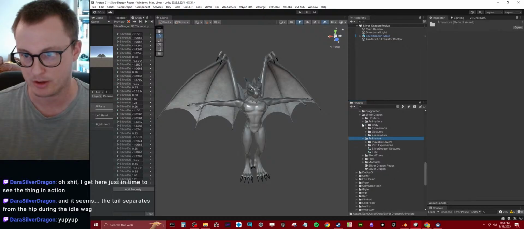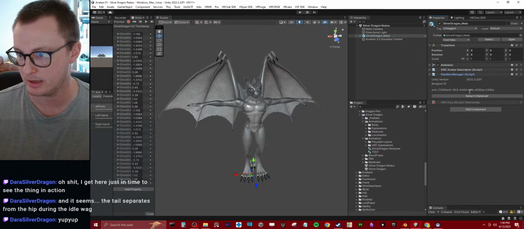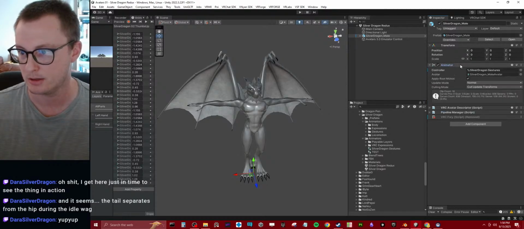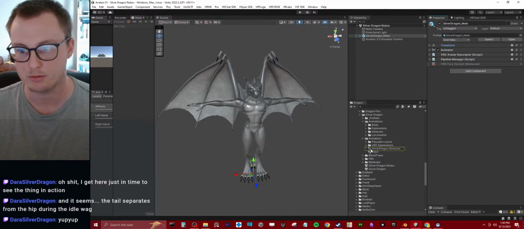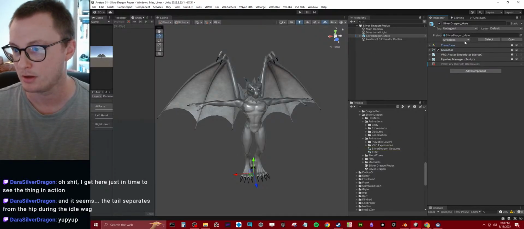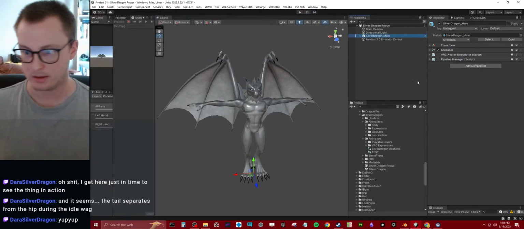But I will go ahead and get this over to you right now. We're going to go ahead and remove the pipeline and remove this animator just in case. We'll do a big ol' save. We'll apply the overrides to everything. Then